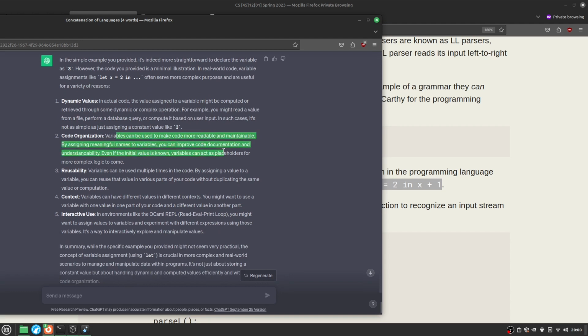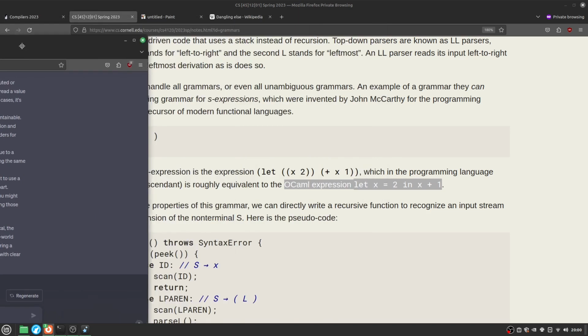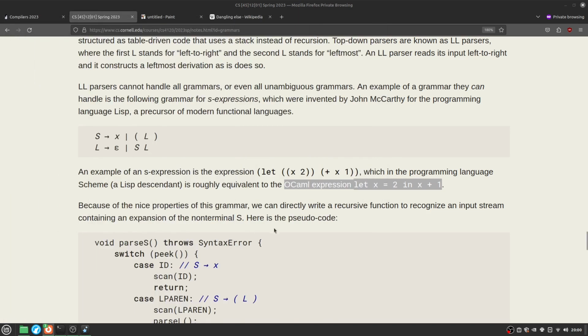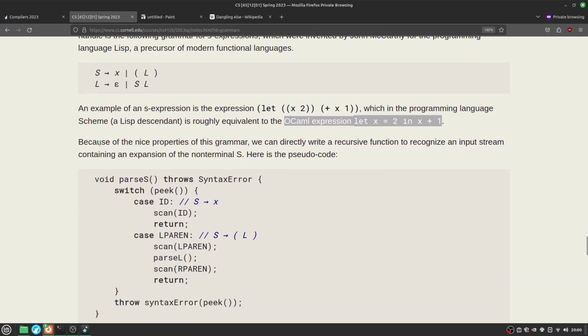Code organization, reusability. In environments like the OCaml read-eval-print loop, you might want to assign values to variables and experiment with different expressions using those variables. It's a way to indirectly explore and manipulate values. Cool. I do want to learn OCaml eventually. Alright, so